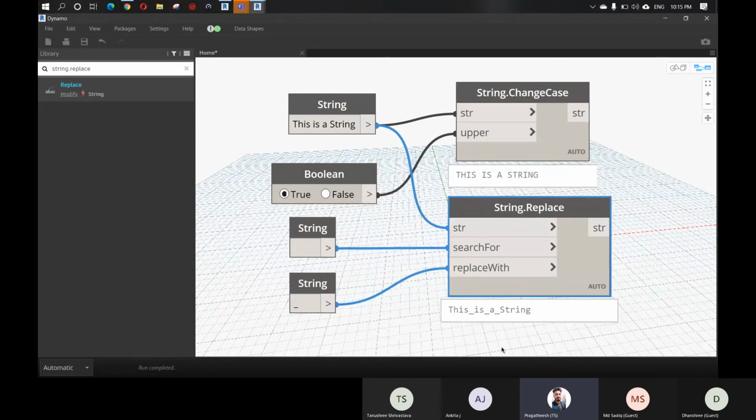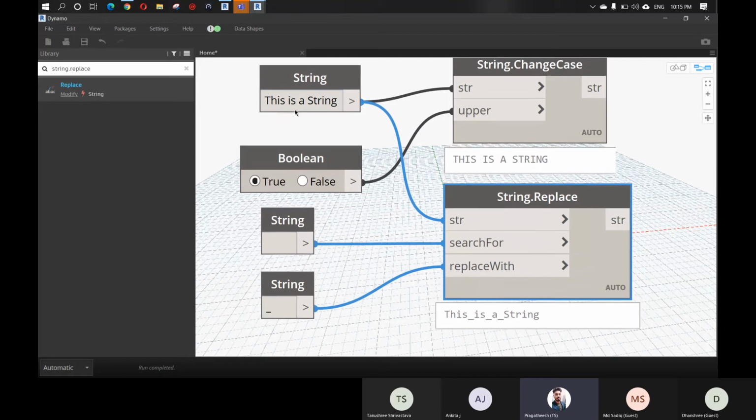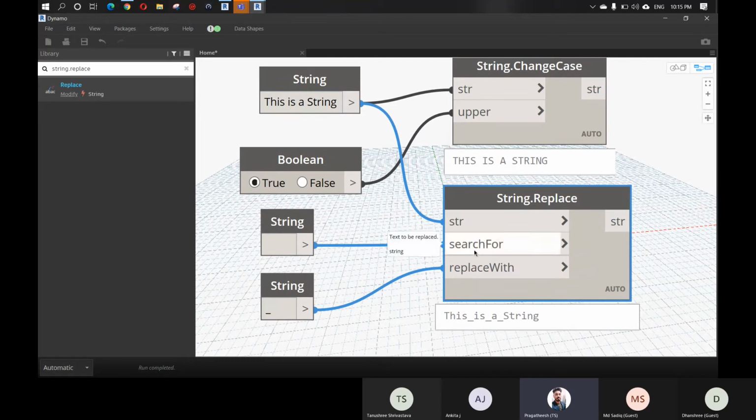Now we can see this is the input, this is a string, right? So I just searched for the spacebar. We have three spaces here, right? So this space is space and space string. So we have 1, 2, and 3 spaces. It is searching for all these spaces in this string, and it is replacing them with an underscore wherever a space comes. So now we can see this underscore is underscore, etc.